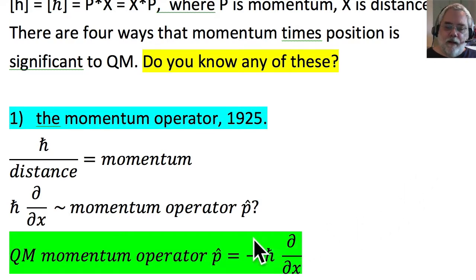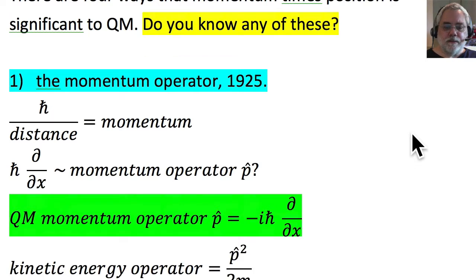In this lecture, we're not prepared to say why there's a minus i here, but there is, and we'll talk about that in a future lecture. Remember, at this point, we're just kind of hand-waving, correctly, but hand-waving. So that is a quantum mechanical momentum operator in the x direction.